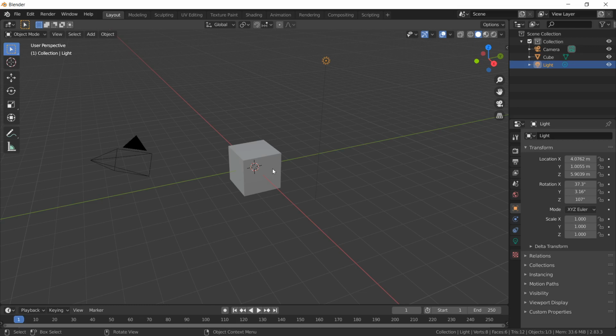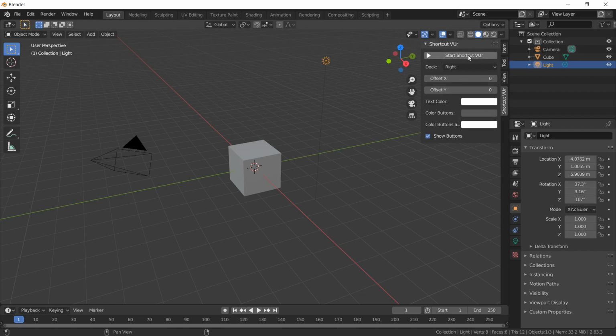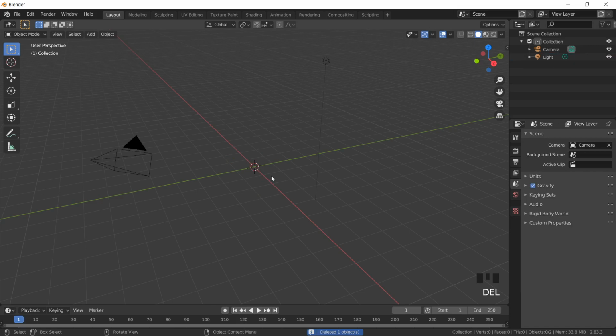to our object. So to work with that, we are going to work with a rod, a cylinder and a sphere. Since we do not need this cube, we are going to remove it. I'll enable shortcuts so I can see the shortcuts which I am using. So I will delete this cube.